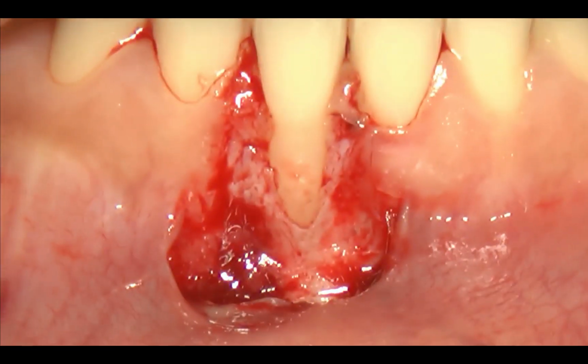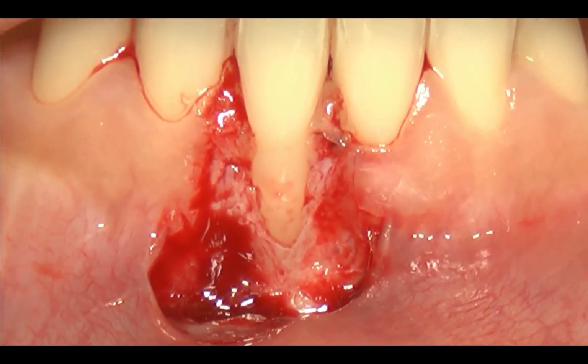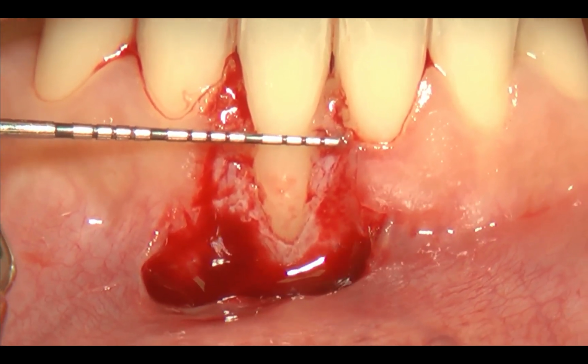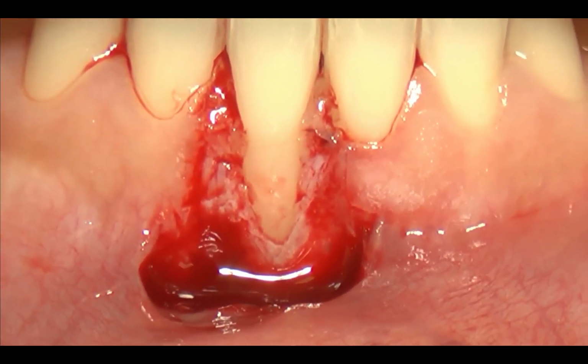Now it is time to measure how much graft I need. In medial distal dimension it will be 8 millimeters, while the apical cord